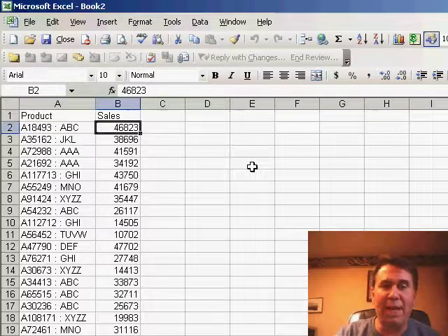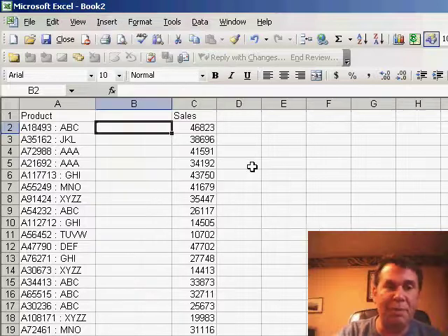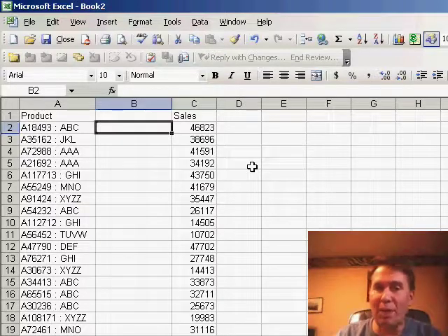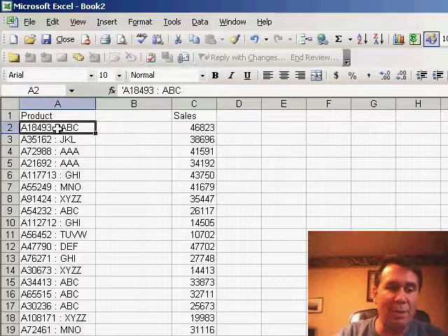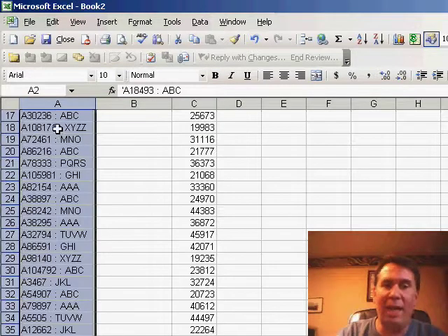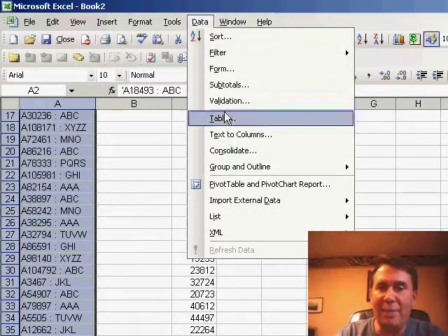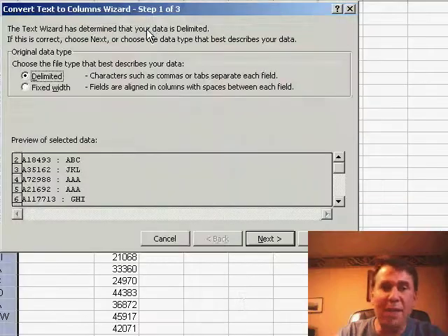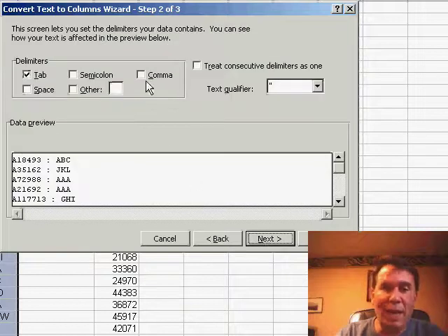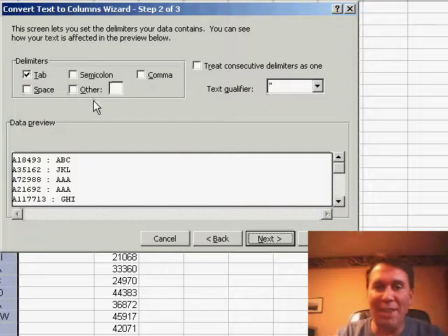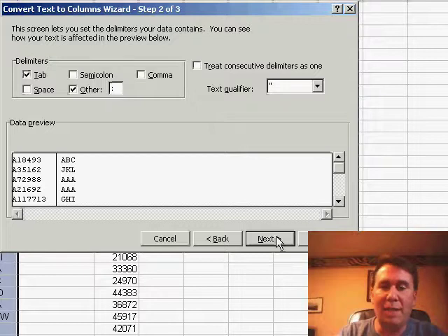Now what we have to do is make space for the extra column. So first I'm going to insert a column to make sure that there's a blank column between column A and B. And then I will select the data in column A, and from the menu choose Data, Text to Columns. Now there's two options. We want to say that our data is delimited. That colon is the delimiter. Click Next, and we have to specify that one of the delimiters is a colon, and of course that's not in the list. So what we do is we choose Other and put a colon in, click Next.